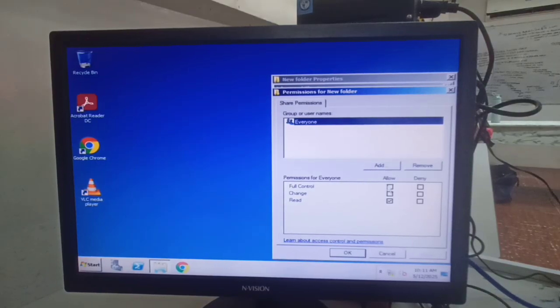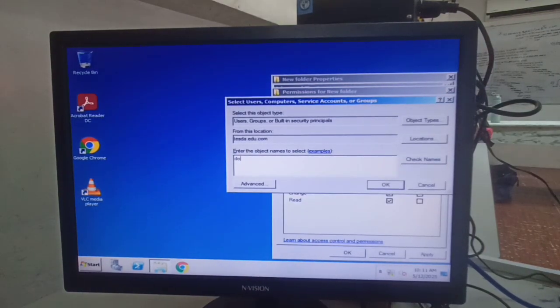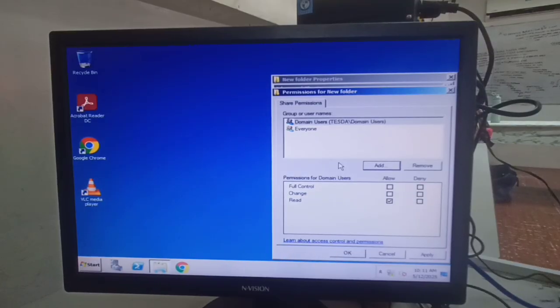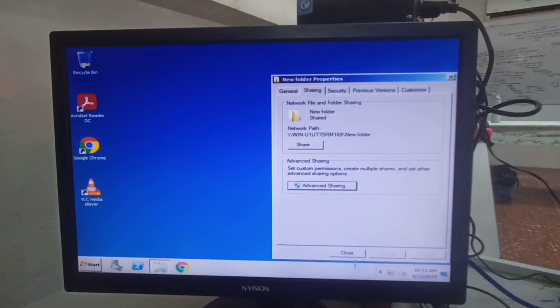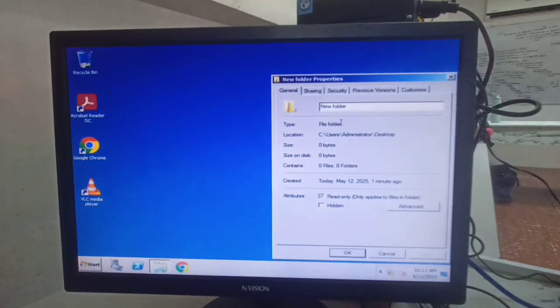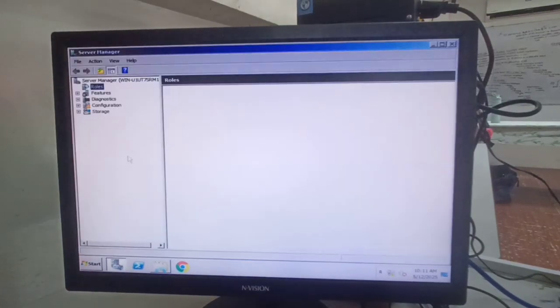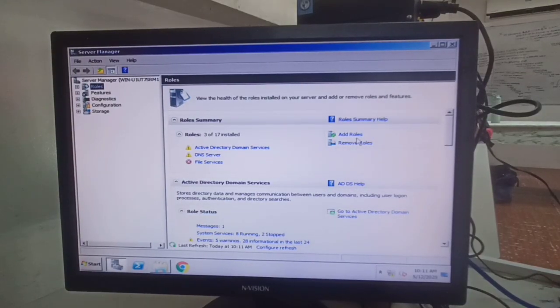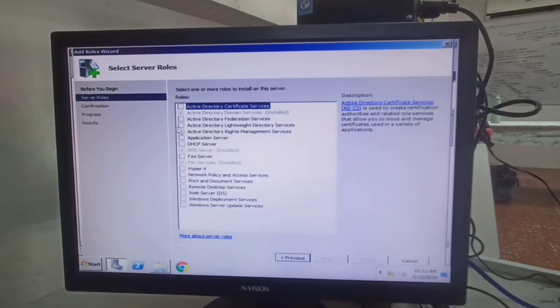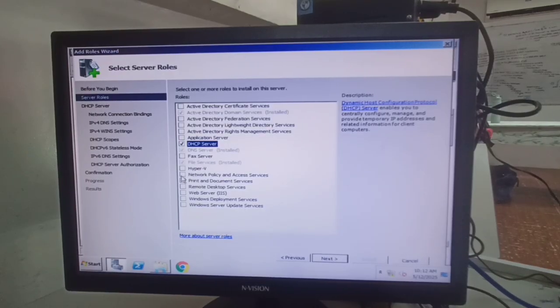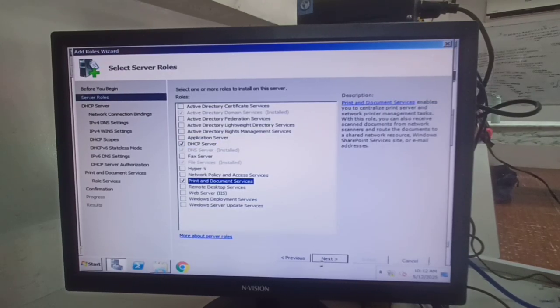Okay, you have to check permission for full control for everyone, and we have to add the domain users. So in a later portion, we have to create an account under the domain. Again, copy the sharing path, and back, you have to copy this one. And then next we need to open our server manager and go to add roles. We have to add our DHCP, the one that will limit how many users can go inside the domain, and also the print and document services. Next,